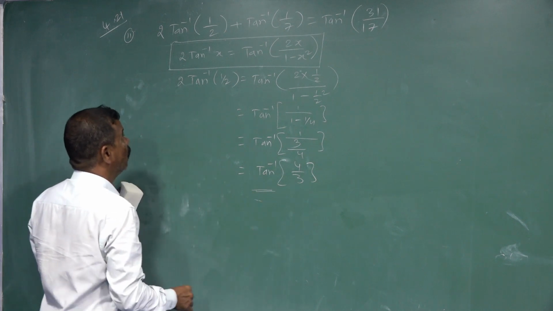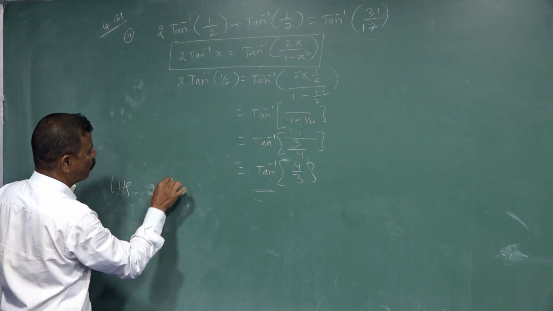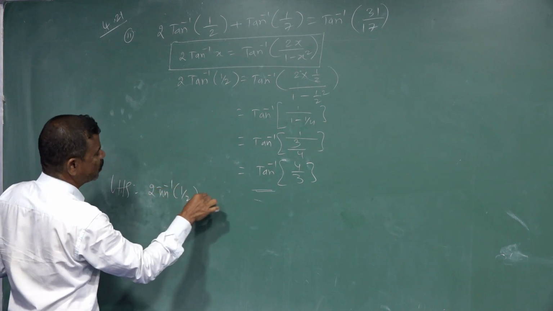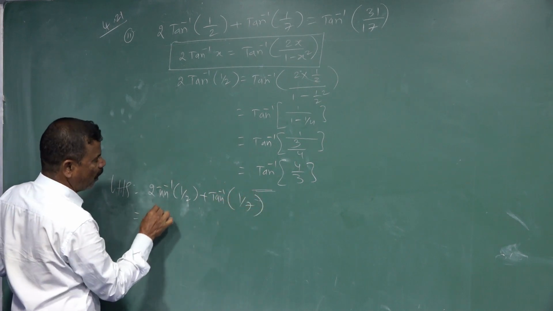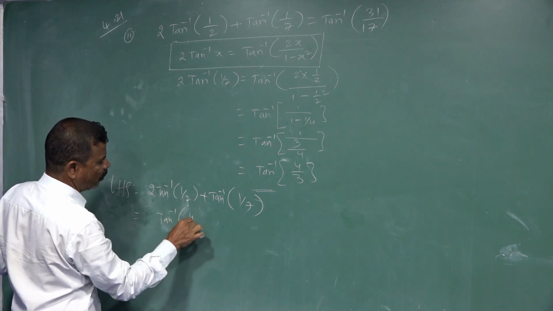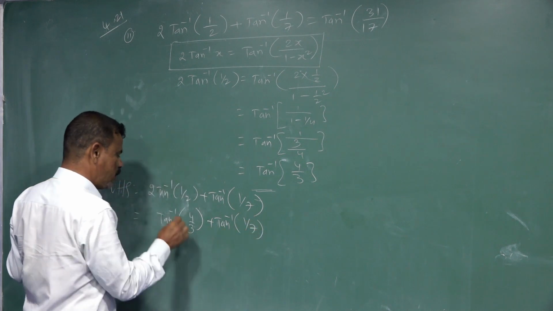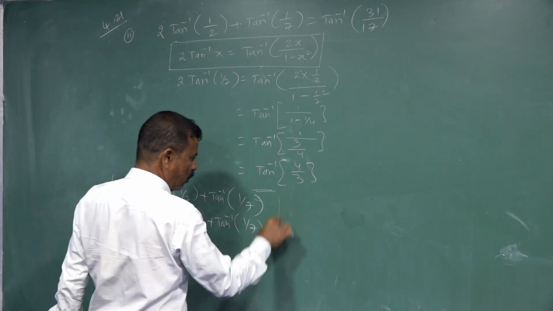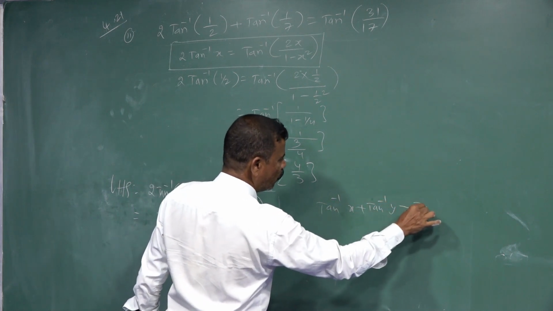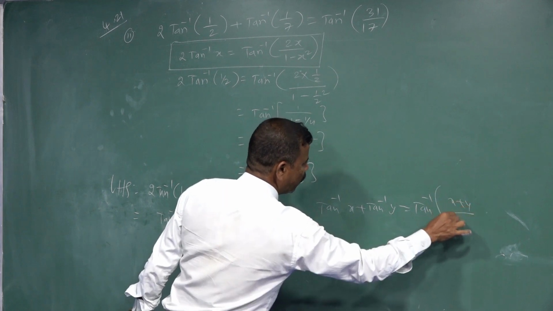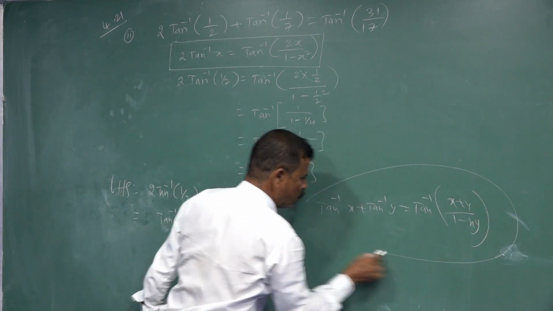Next, consider LHS. 2 tan inverse 1 by 2 plus tan inverse of 1 by 7 is equal to tan inverse of 4 by 3 plus tan inverse of 1 by 7. This is tan inverse x plus tan inverse y. What formula? Tan inverse of x plus tan inverse of y is equal to tan inverse of x plus y by 1 minus xy. By using this formula,